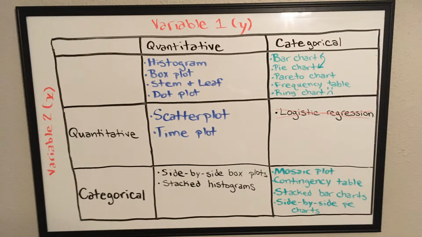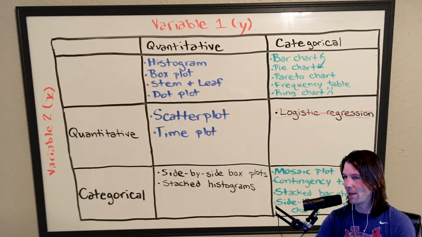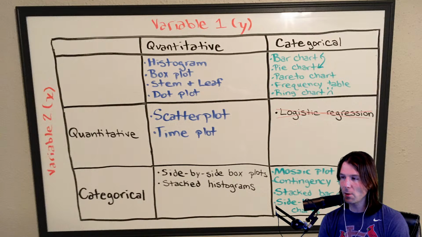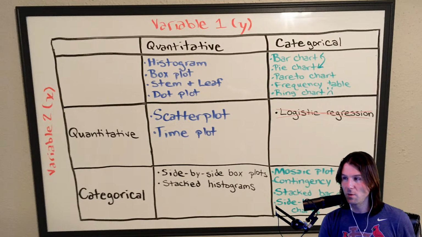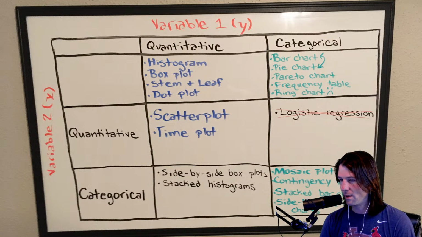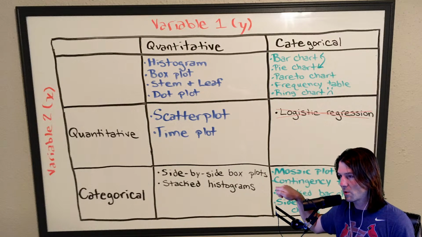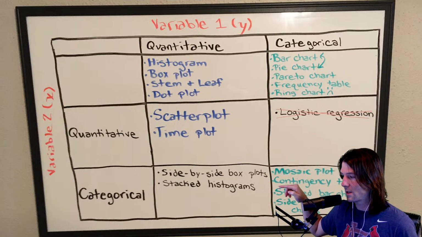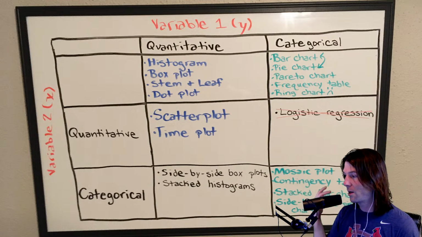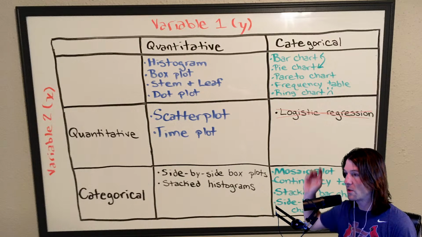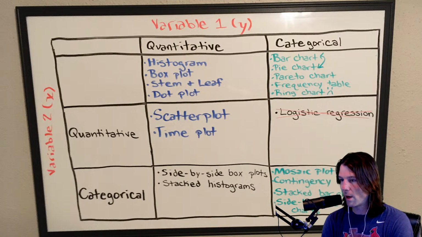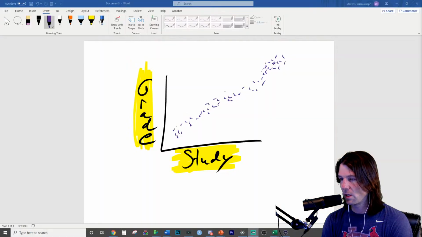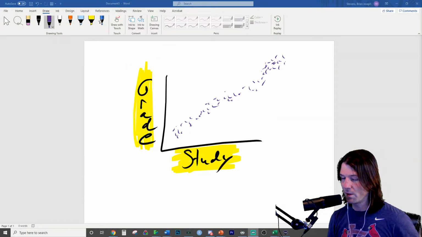So you can make stacked histograms if you have one categorical and one quantitative variable. Oh, no. I just moved something. Okay, I broke it. Does everyone see these stacked histograms right there? That would be a categorical X and a quantitative Y. And then, Kayla, you're right. One quantitative variable is a histogram. You see that up there on the top row where there's no X variable. You're just analyzing one Y variable. So understanding which graphical displays to use and when is very important.